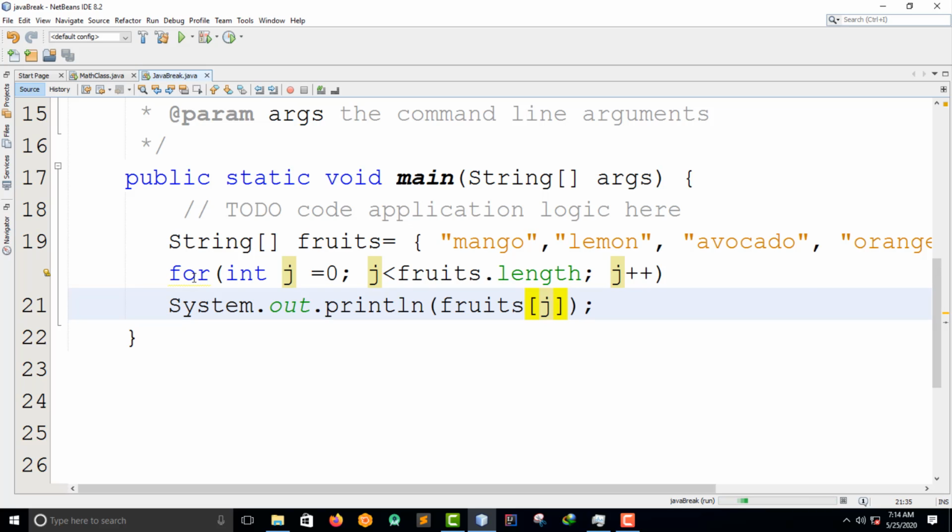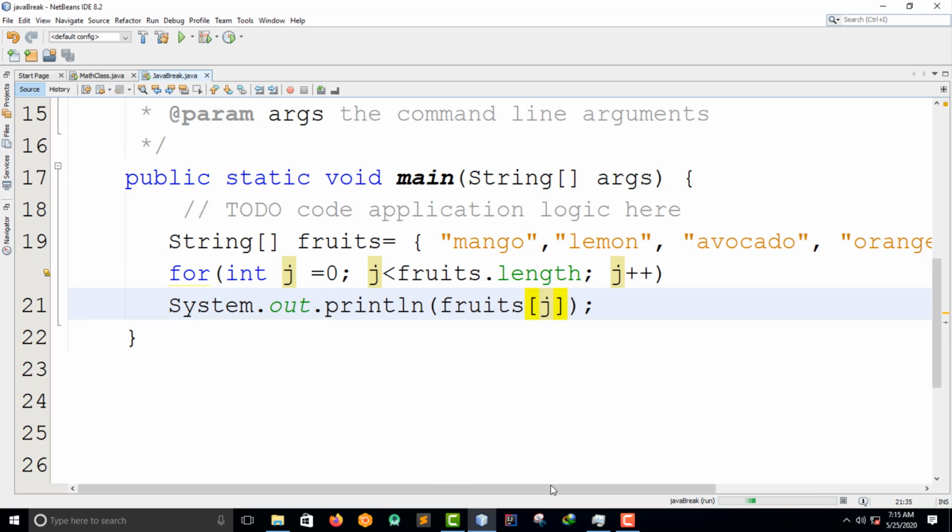We declare j equal to 0, we start from the position 0, and j is less than fruits dot length. We used the length and found the number of things, which is 4. Then we printed everything out. That was simple.